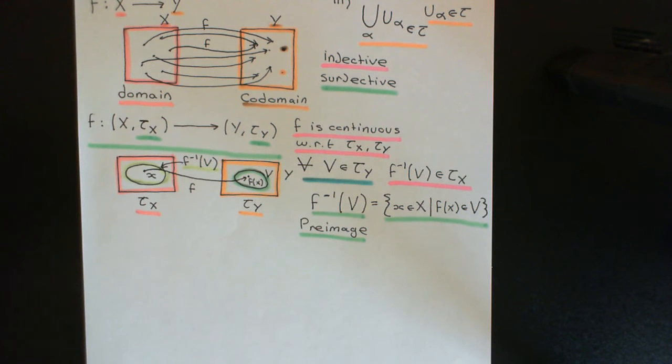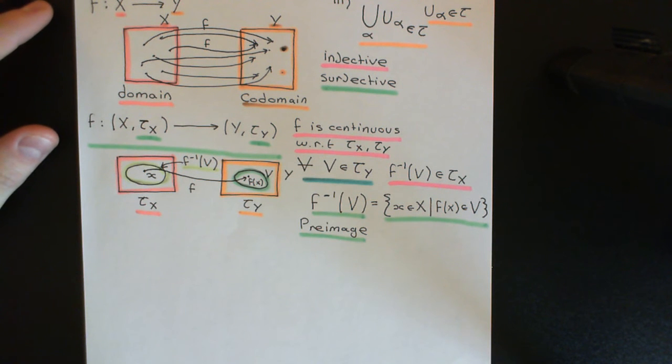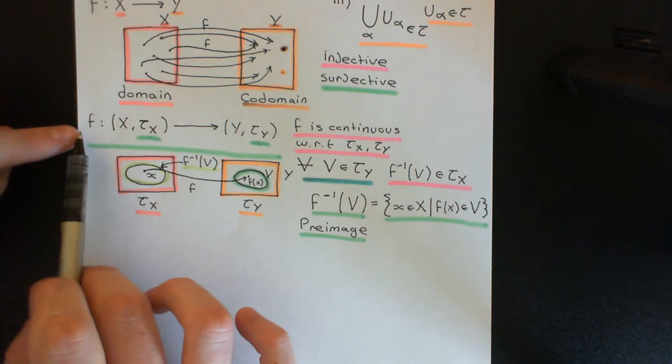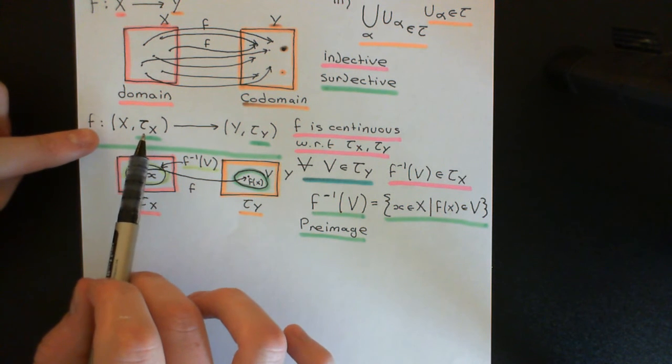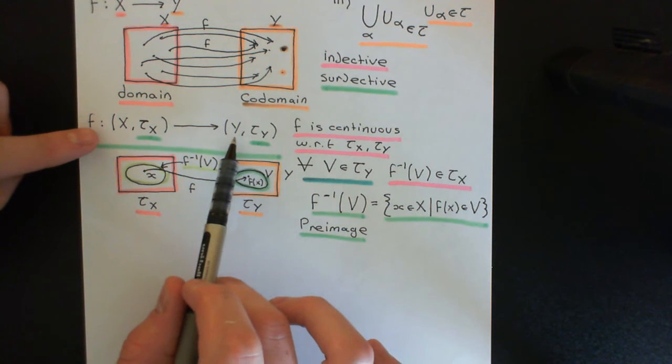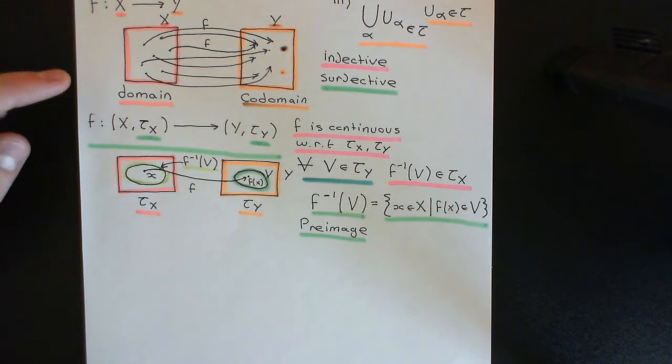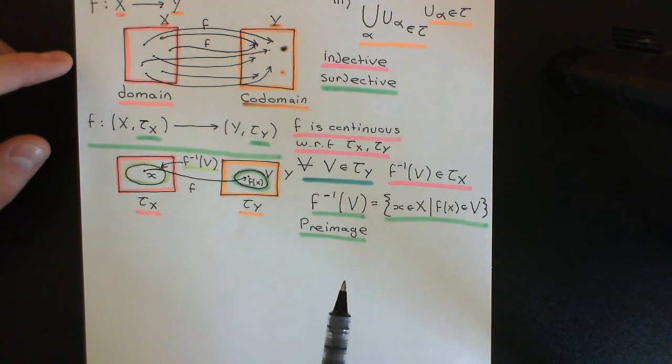Welcome back to this next video in which we are discussing continuous functions between two topological spaces. Okay, so we've seen now that the definition of a continuous function f between a topological space X with the topology tau X and a topological space Y with the topology tau Y is a function for which it is